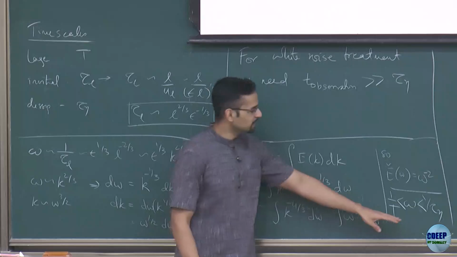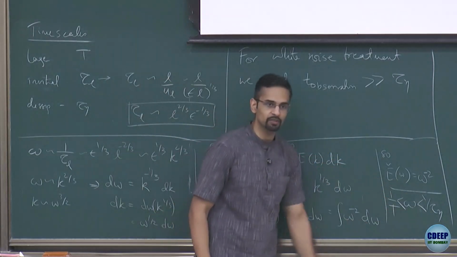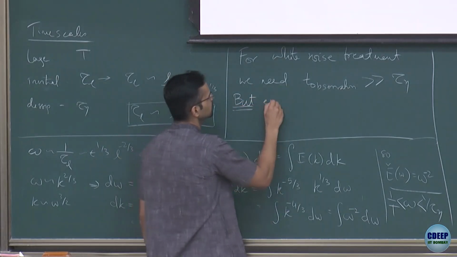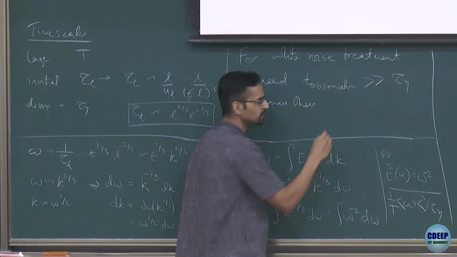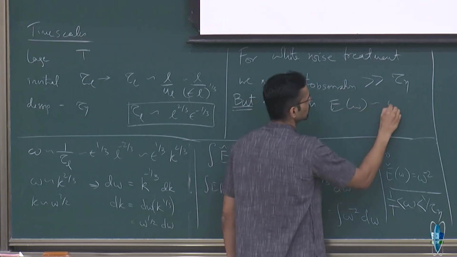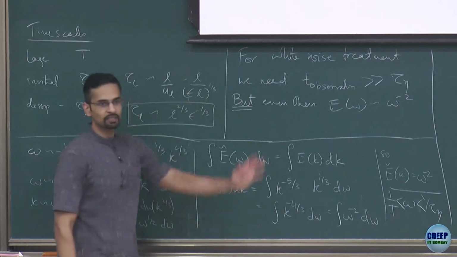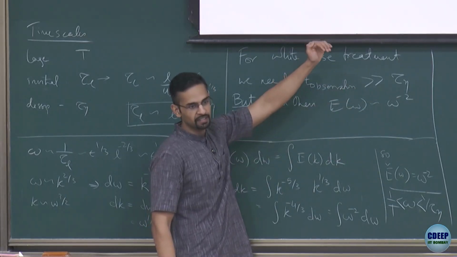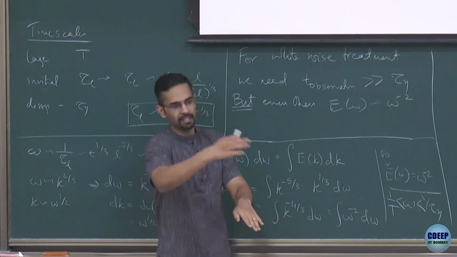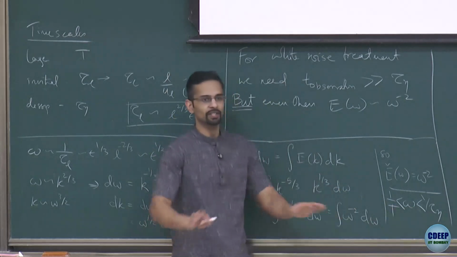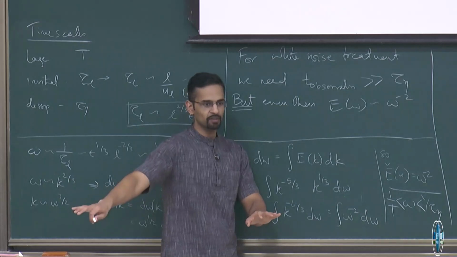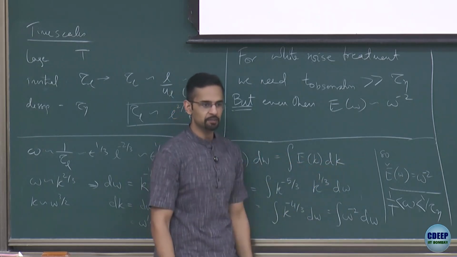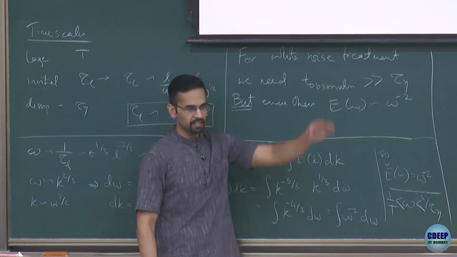In fact, it's not only that. Even above the Kolmogorov time, I still have a whole range of frequencies. So if this E of omega was such that you had a high content at small omega and then it becomes 0, and then there is some content around 1 by tau eta, then you can say there are small high frequency fluctuations and there is low frequency behavior, and if I'm interested in larger time scales, I can say all that is not important. Here I have a whole range of scales.